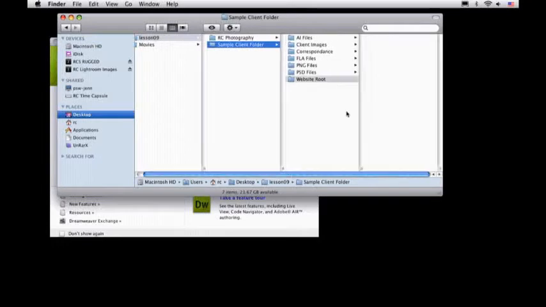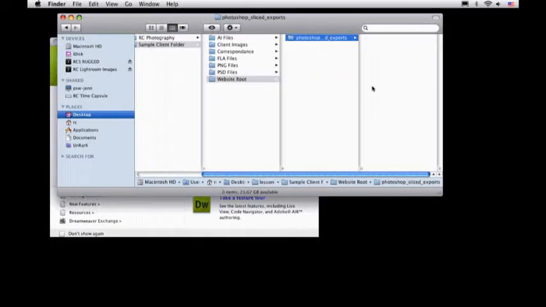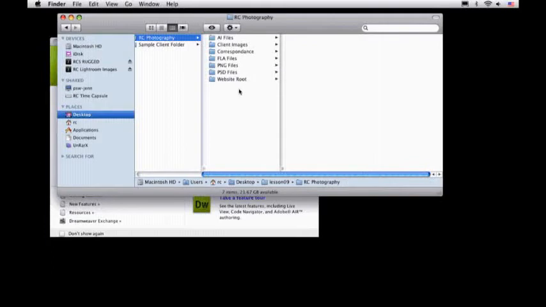Store all of your source files in these areas, and then you have a section here called Website Root that holds a folder called Photoshop Sliced Exports. That's all going to be used for any kind of website design stuff. I have another folder called RC Photography. Now this is the aggregate of all of the stuff that we've been working on. Again, most of these files are empty, but all of the work that we've been working on here is in